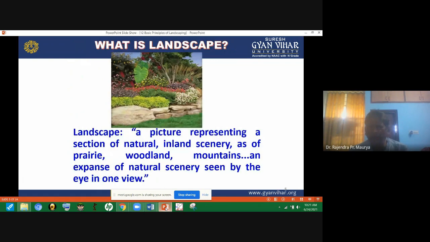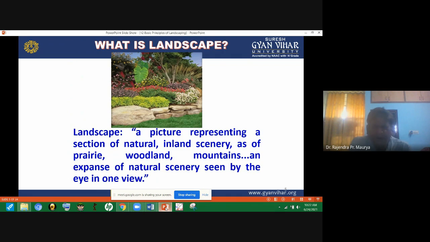So, what is landscape? Landscape is a picture representing a section of natural inland scenery, as of prairie, woodland, mountains, an expanse of natural scenery seen by the eye in one view.